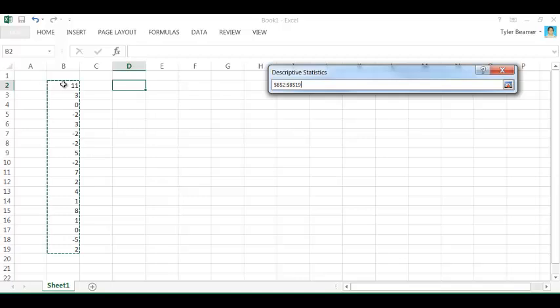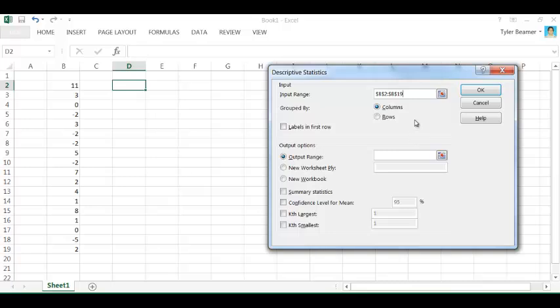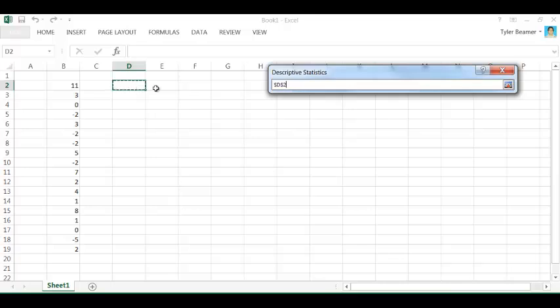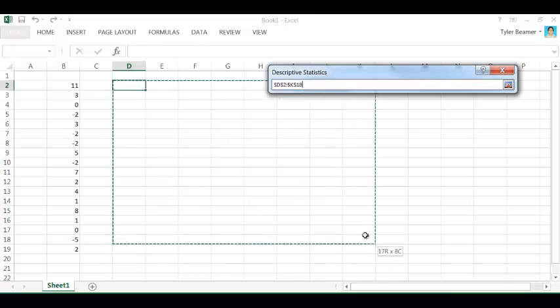drag it over the data. Click the button again, and that essentially tells Excel where your data is on the spreadsheet so it can find it. You would then want to go down to Output Range, click in there, click this icon, and then just somewhere on your spreadsheet,